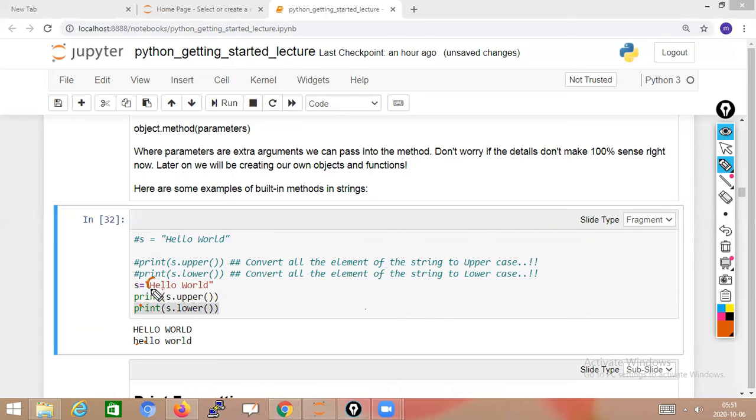Here H was a capital letter, W was a capital letter. So when you apply the lower function, you get all letters in small. When you apply the upper function, you get all letters in upper case. So this is about how to convert all letters to upper and all letters to lower by using the upper function and lower function.